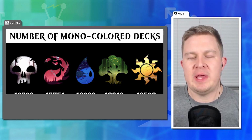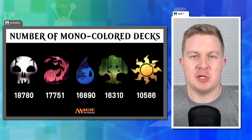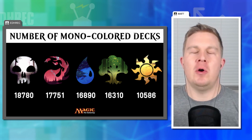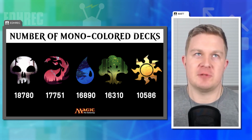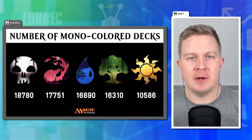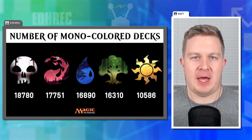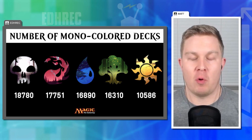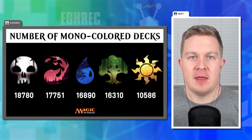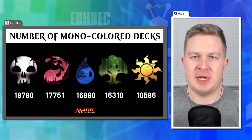their own. Well, and when we get to the most popular commanders in each individual color, the mono-red commanders, you're going to have the feeling of, oh yeah, I guess that is mono-red. Oh yeah, that's really popular. That's also mono-red. So when we think about the specific commanders, we don't just think of the colors as a power ranking, as it were, and more of how many decks would people actually be building and what are those commanders,